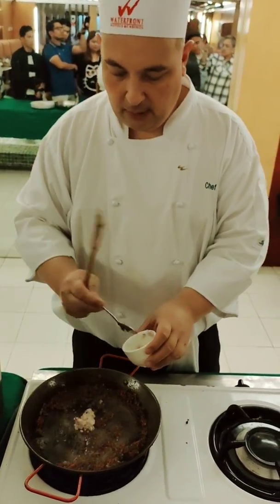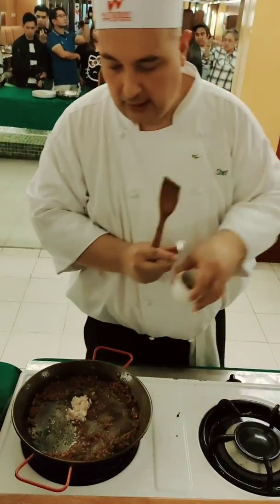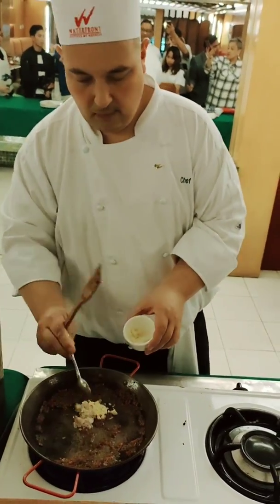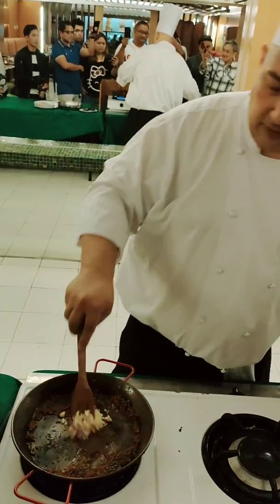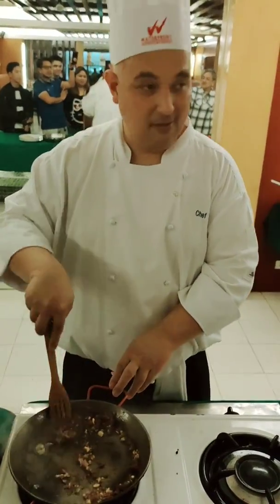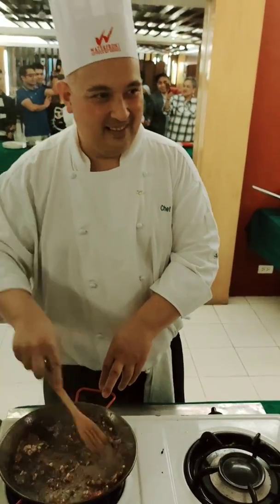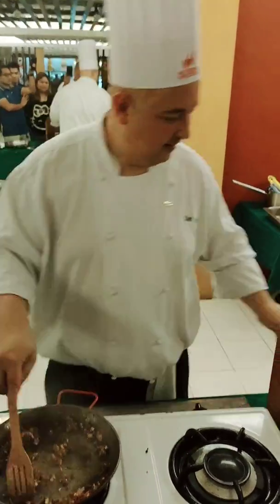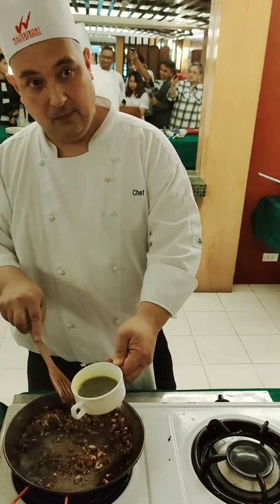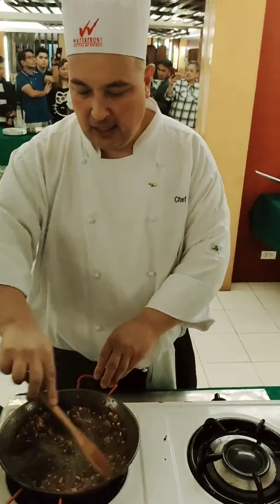Then after this, I'll put some shallots. I'm going to put the shallots and garlic together. Have you ever been asked what to put first, garlic or onion? Onion? Why? They say garlic. It depends on what food you're cooking, but in general,